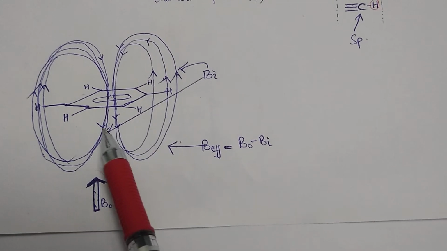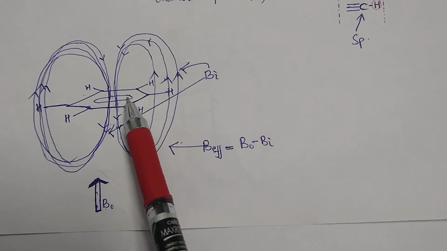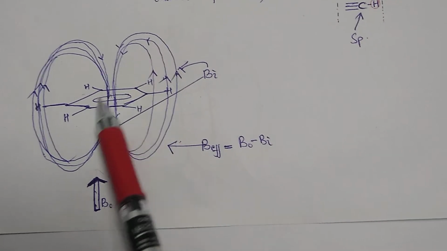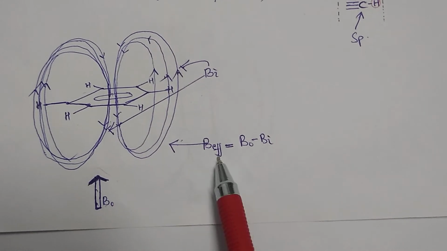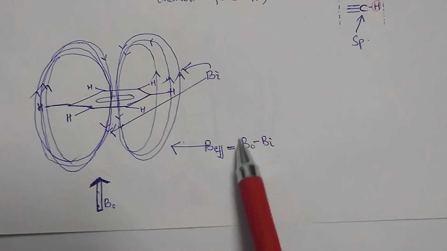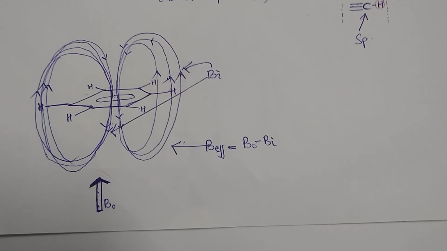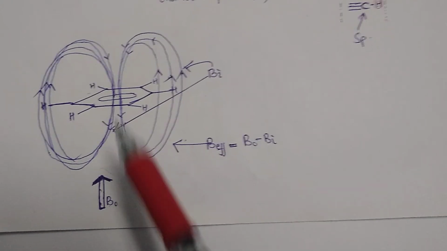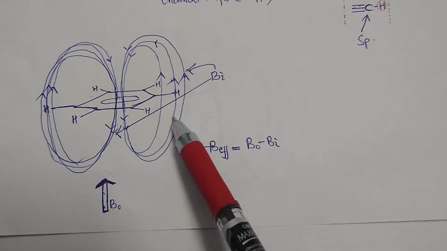Due to that induced magnetic field, the effective magnetic field around this region will be very low, and that is given by the effective magnetic field equals the difference of the externally applied magnetic field and the induced magnetic field, which we have discussed above. Now, once we complete this circle, that is, this magnetic field,